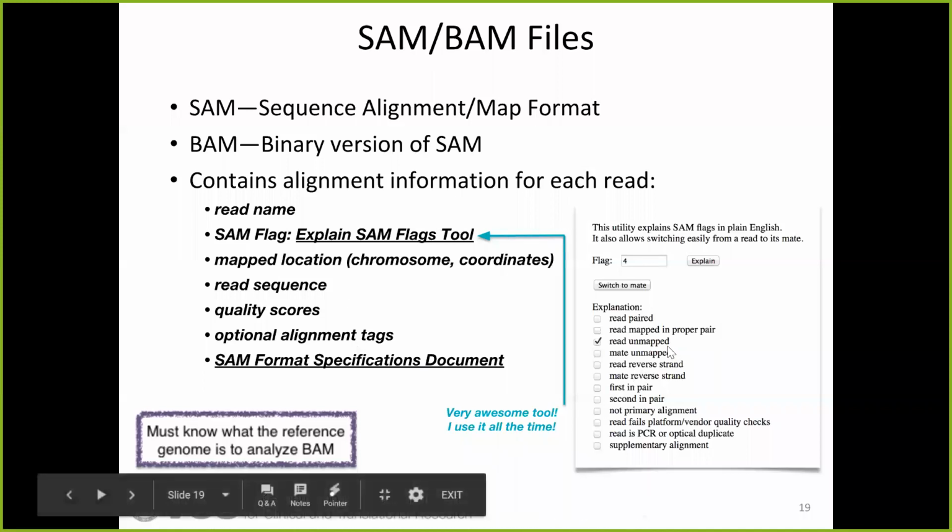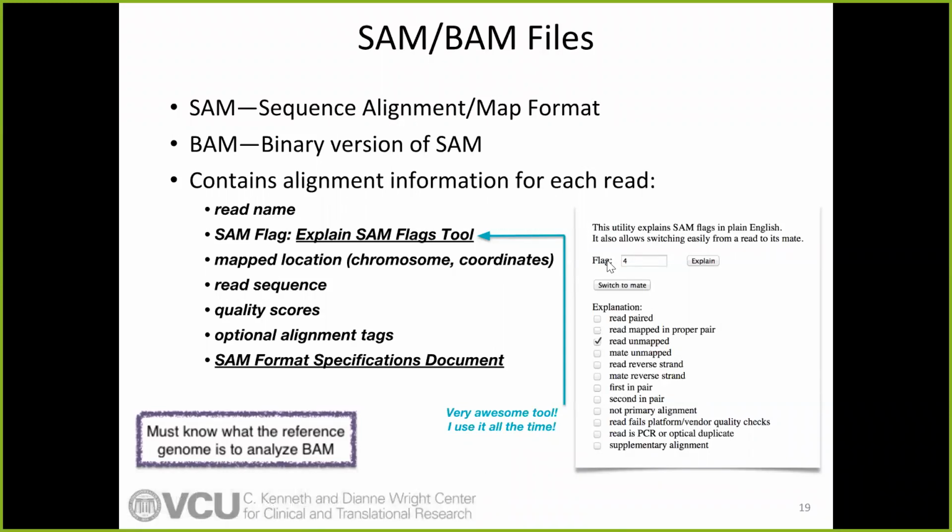So a lot of times in pipelines, I can extract out the unmapped reads because that gives me less data to work with if I'm not needing the unmapped reads, or if I only want to work with the unmapped reads. And another important thing to know when you're working with BAM files is you always need to know what